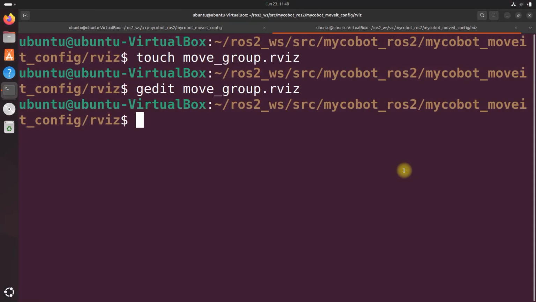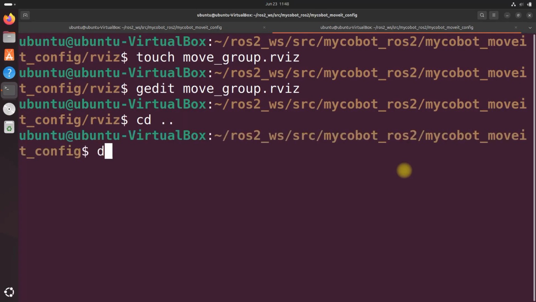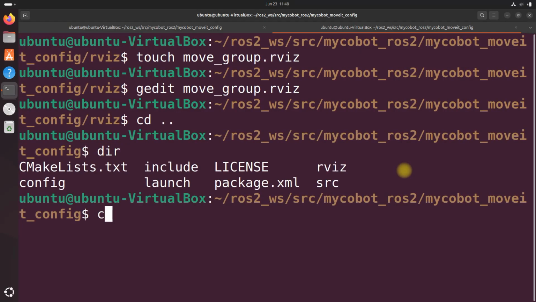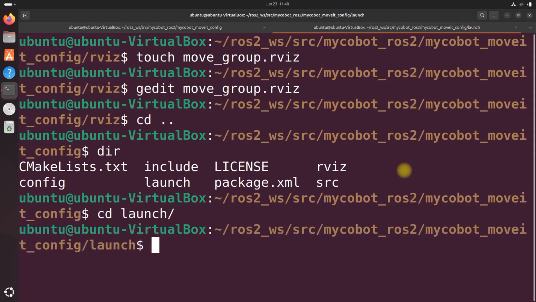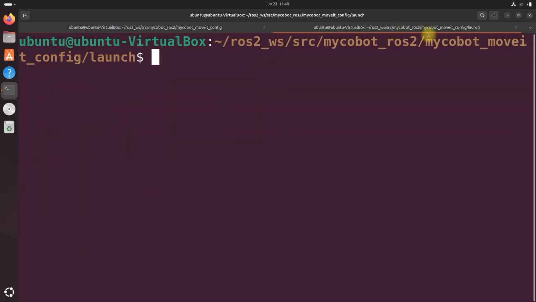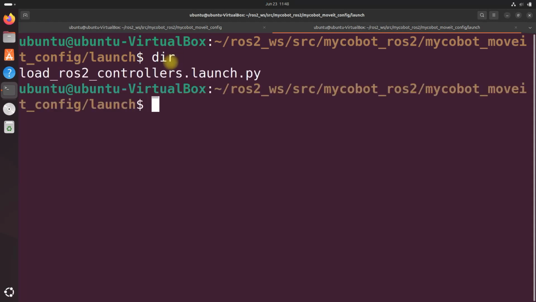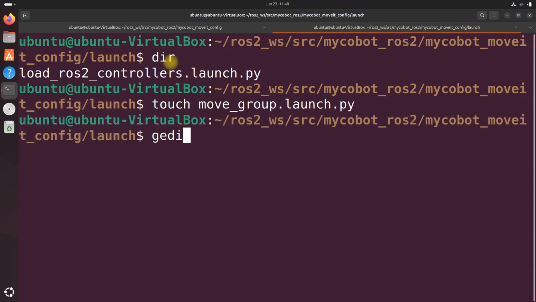Alrighty, folks. Now let's create a launch file. Let's go inside to here. Okay, let's go into cd launch. Okay, and I'm in my Cobot MoveIt config package, and inside the launch folder. And let's do touch move_group.launch.py. To get move_group.launch.py,